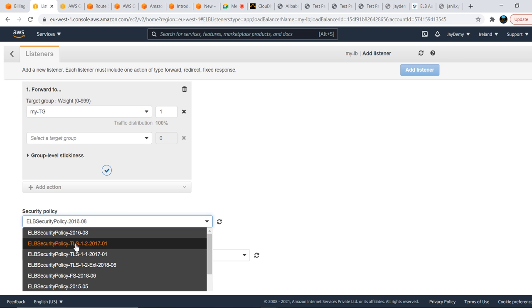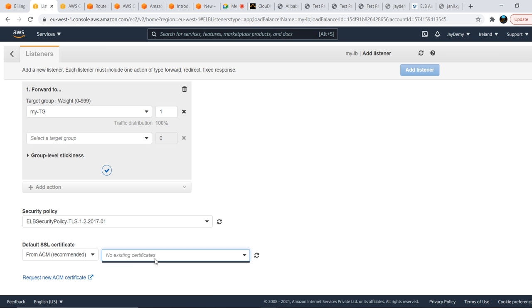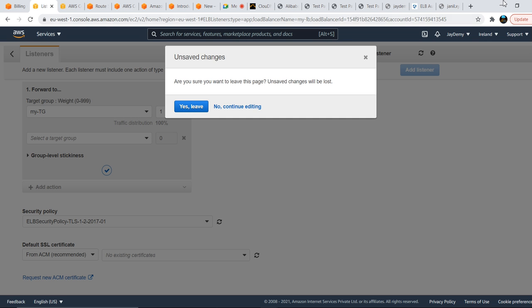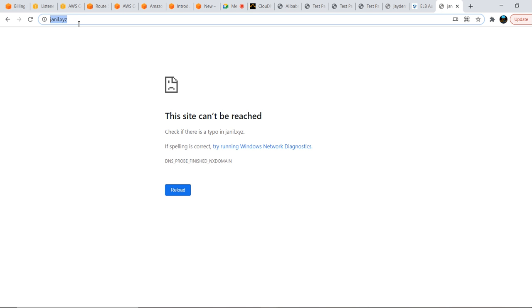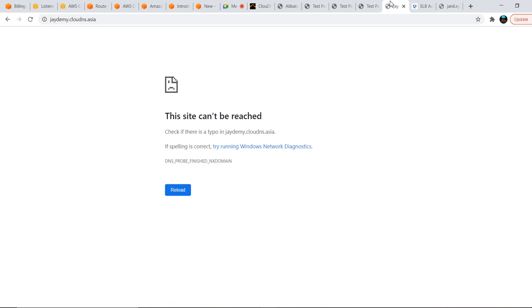Okay, this is not the SSL certificate. Here we will choose the certificate. It is not valid. That is the reason it is not coming in the drop down. Once it comes, we will just choose that one and add the listener. Once the listener is ready, we will go and verify the website, and then this website will become an HTTPS website. Okay, that is what I was trying to explain.